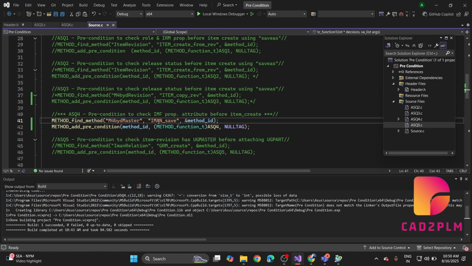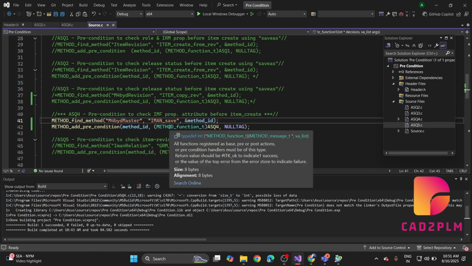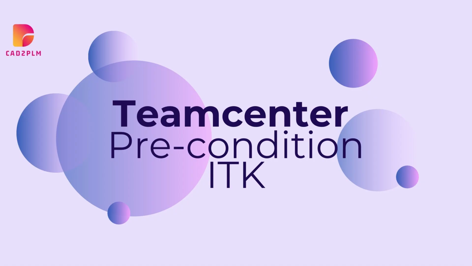We have covered four essential precondition scenarios in Teamcenter. First one is save as, only a released item can be duplicated. Next one is revise, only an item in workflow can be revised. Third one is item